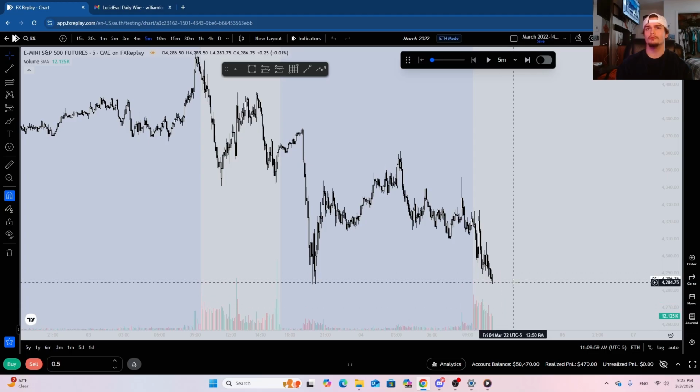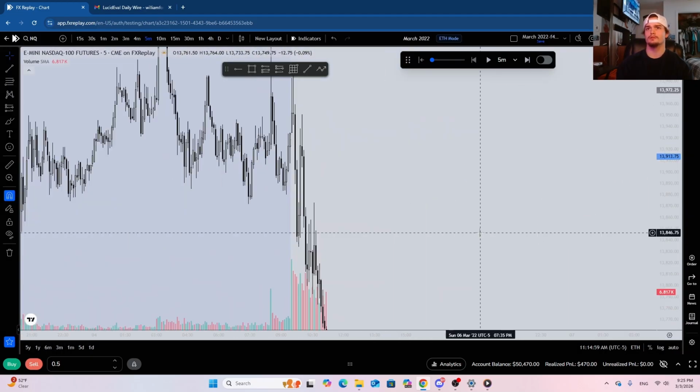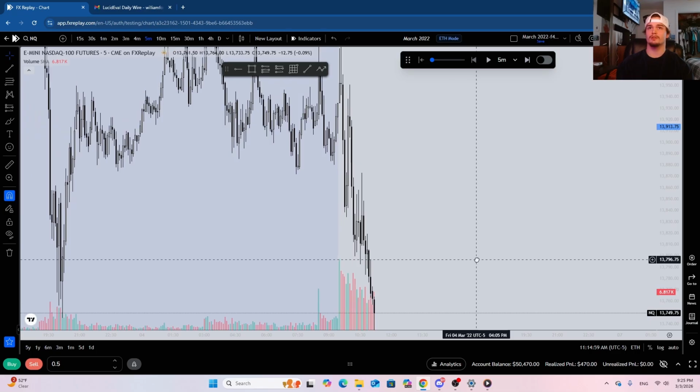Alright, do we make equal lows right here? Do we sweep? Not having. Alright, there we go. So now we sweep. Let's see what NQ is doing. NQ is also below these lows. At this point, it's already 11.